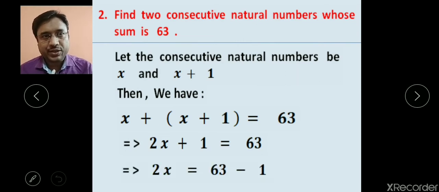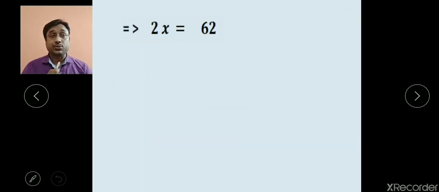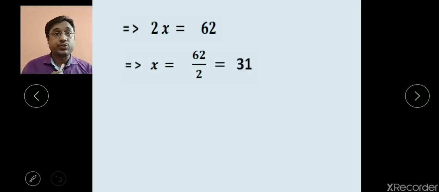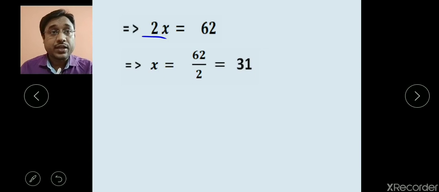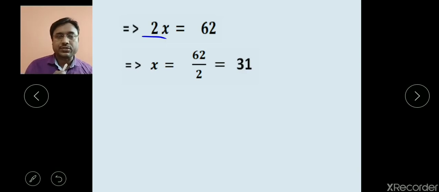That means 2x equals 63 minus 1. 63 minus 1 is 62, so 2x equals 62. Then x equals 62 by 2, because 2 is multiplying here, so it will divide. Clearly, x equals 62 by 2, that means 31. So this is the solution: x equals 31 is the first number out of the